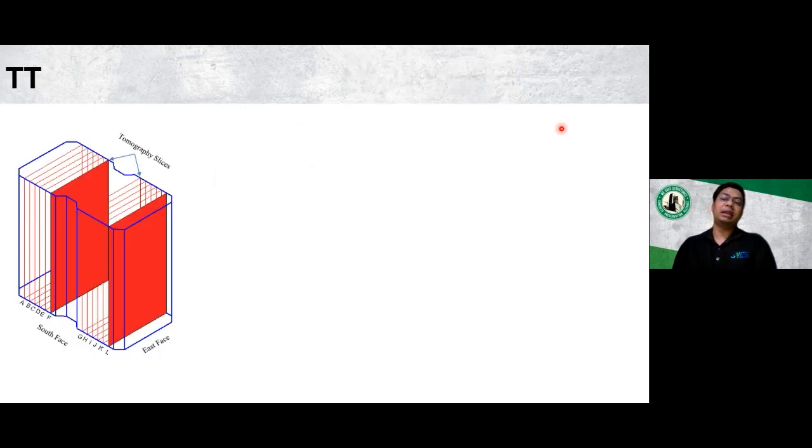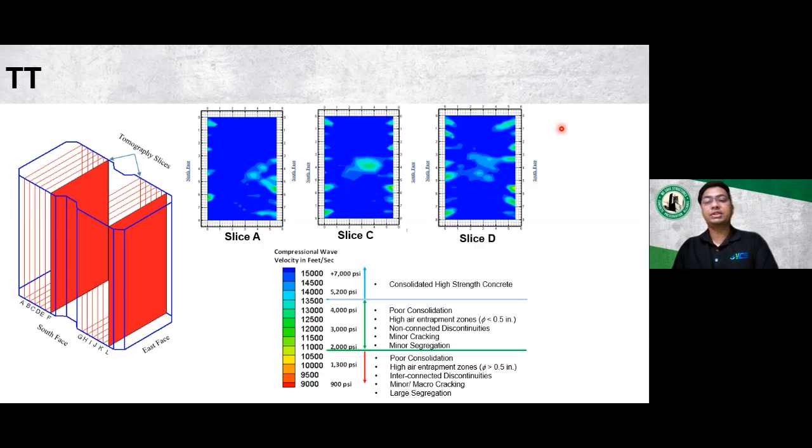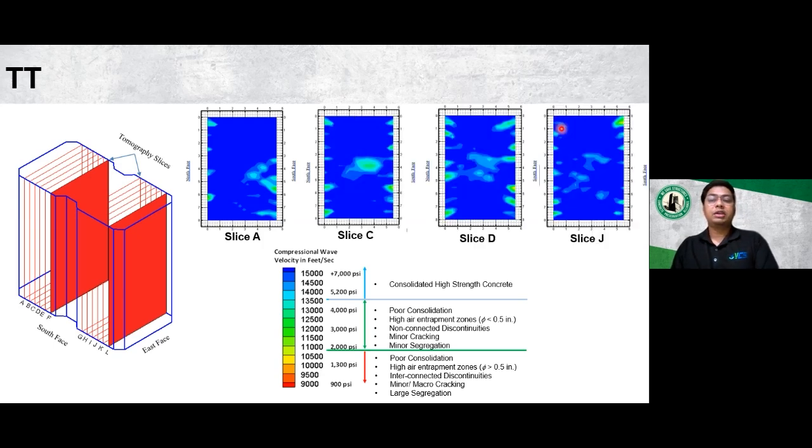And the tomogram data collected is divided into numerous slices, and here are some slices of the data using the tomogram. The presence of the void or the weak zones can be confirmed, and their locations can be identified. And on this project, it was established that the surface of the pier had competent concrete, so there was no need for the technicians to fill the data gaps on the surface. So if you are able to confirm that the surface is competent, then you don't necessarily have to fill those data